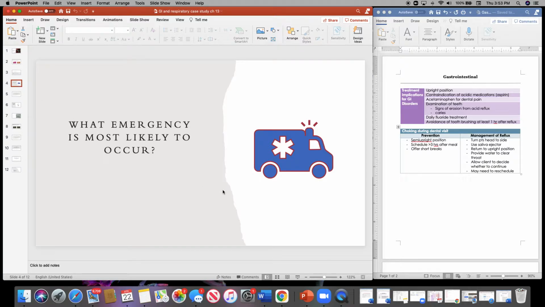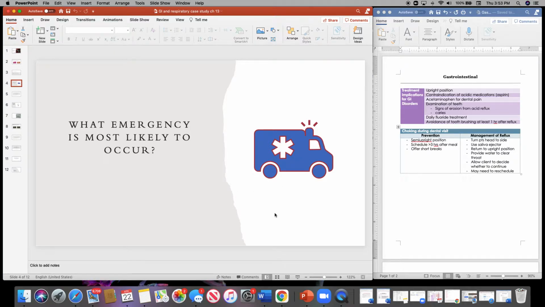So, what is an emergency that could occur during this appointment that's most likely? And when I say emergency, we don't necessarily mean a really drastic emergency. This could be something that's subtle. It's not life threatening. So think back to your flow chart and your reading. A common emergency type of situation, I hate to call it an emergency because we're not going to have an ambulance show up,